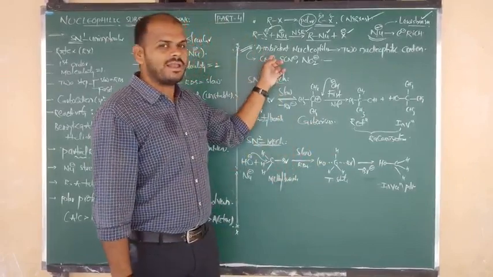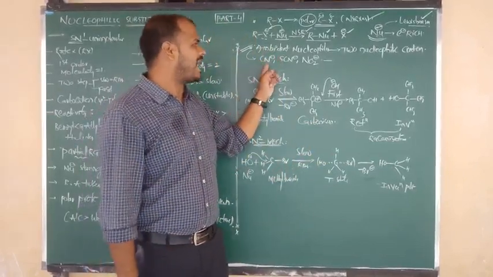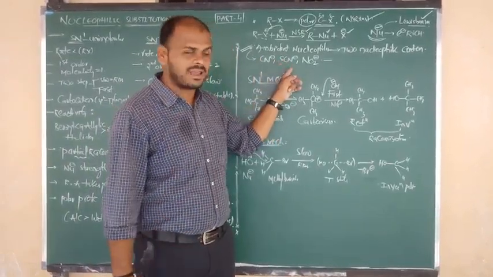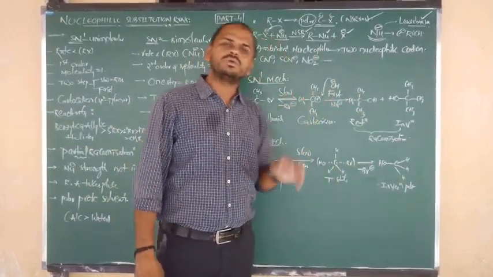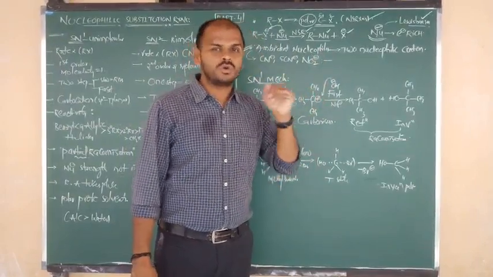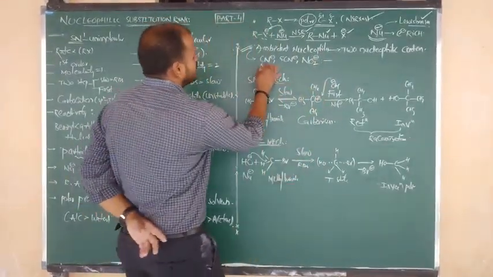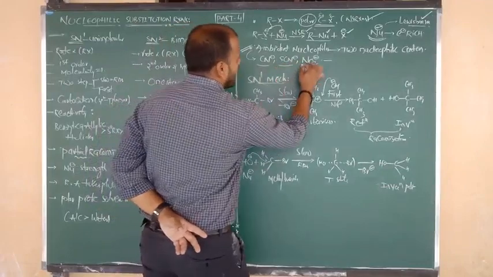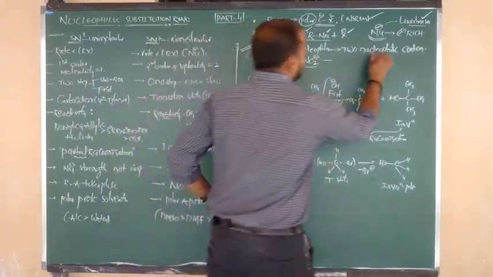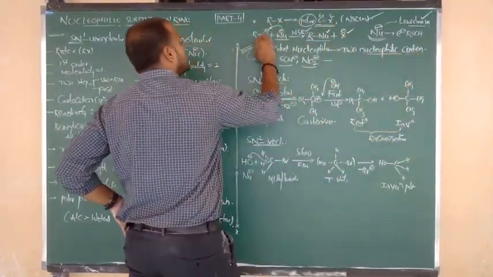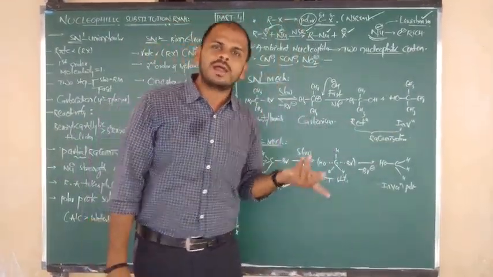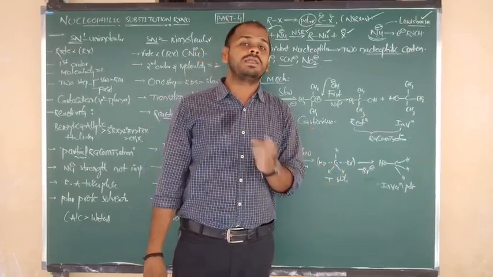So it is a nucleophile which contains two nucleophilic centers, C and N. And SCN minus again contains two centers, S and N, sorry, C and N. Again NO2 minus also contains two centers, N and O. It can be connected through N and it can be connected through O. I will show you in properties, don't worry now. So CN minus, SCN minus and NO2 minus, all these nucleophiles have two connecting centers, or we can say two nucleophilic centers. Such ligands are ambident nucleophiles. Nucleophile means electron donating, ligand also means electron donating, same thing, right?